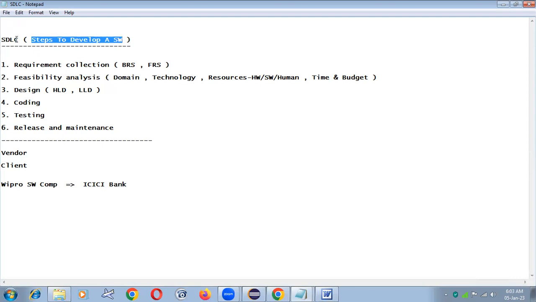Observe this SDLC. The first phase is requirement collection. In this requirement collection, the vendor people will go to the client area and